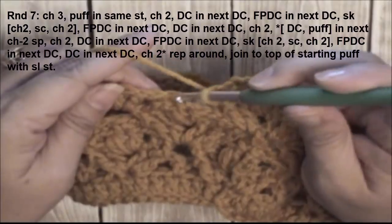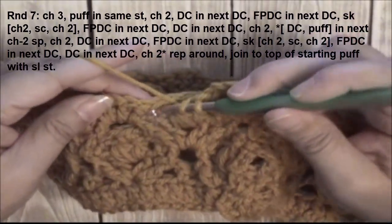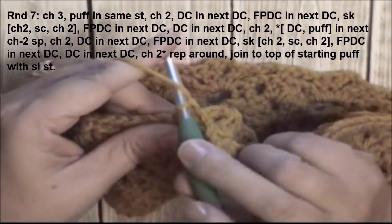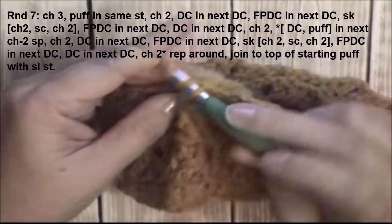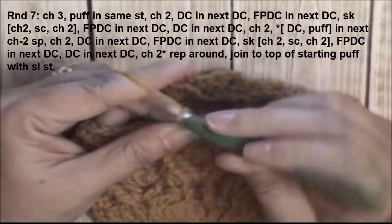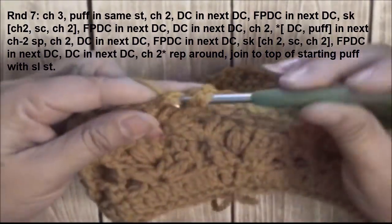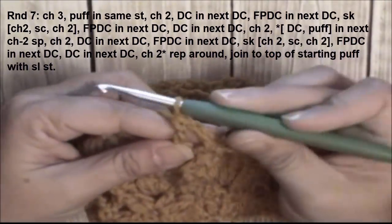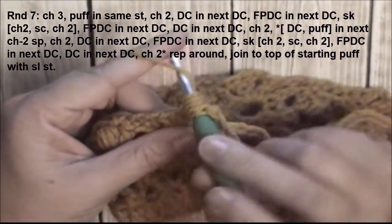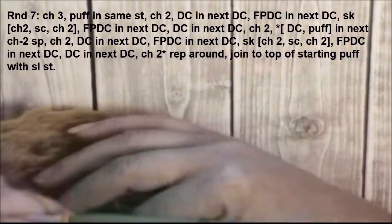Okay, and then again we're going to be skipping this section here, which is your chain 1, single crochet, chain 2, and then we'll be doing a front post double crochet in the next double crochet, and then a double crochet in the next, and then we're going to chain 2, and then we're going to do a double crochet, a puff stitch, all in the same stitch, 2, okay, and this is going to start your repeat, okay,